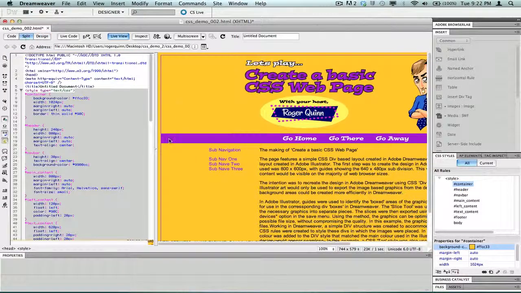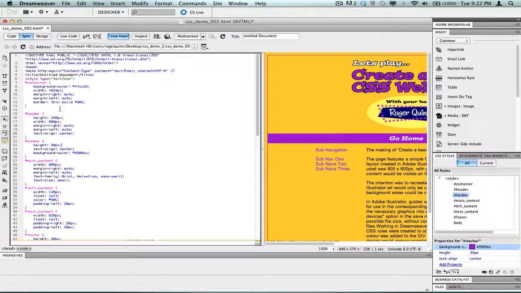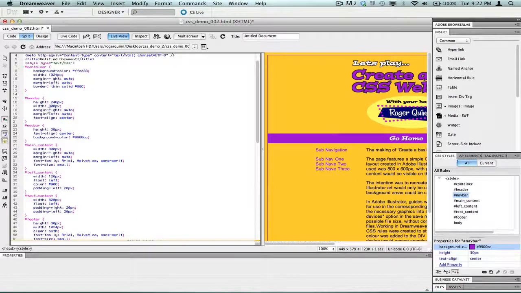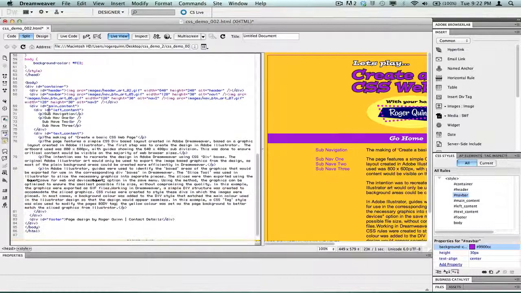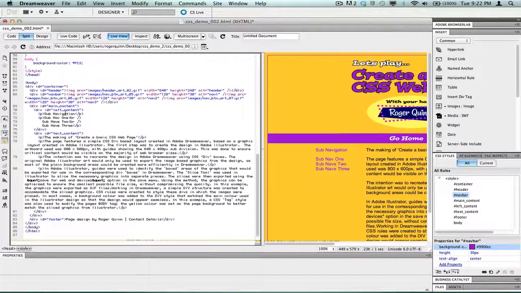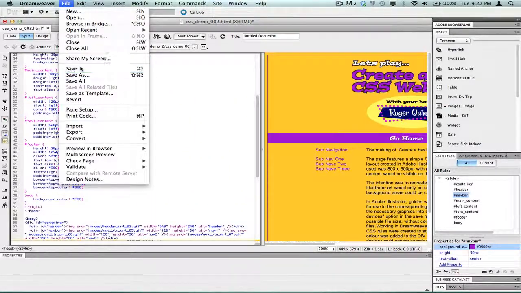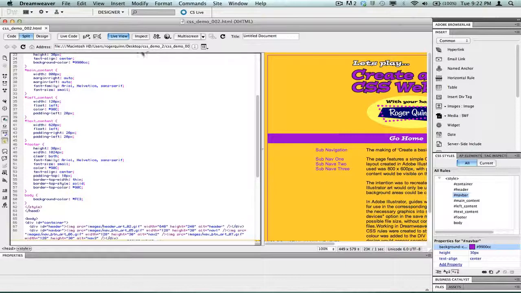Let's have a quick look at our code. There's all the rules that we declared, the style rules, CSS styles. And there's where the body starts for our page, and there's the actual content appearing down here. I'm just going to save that, and we shall have a quick look